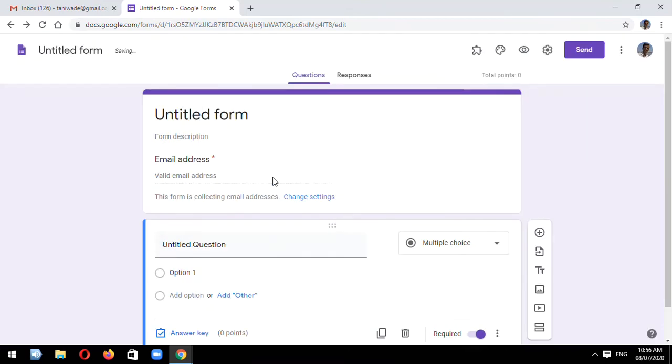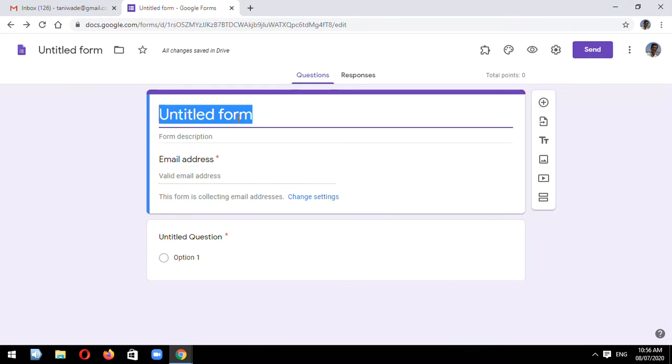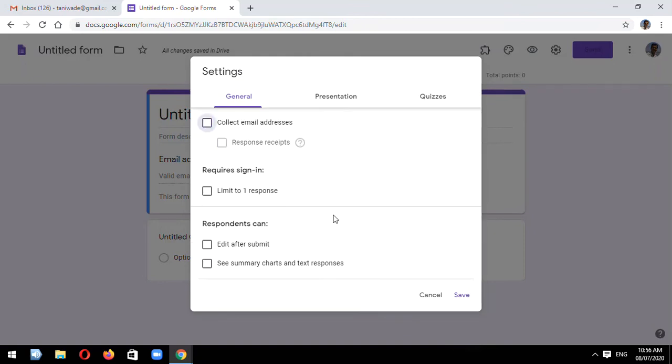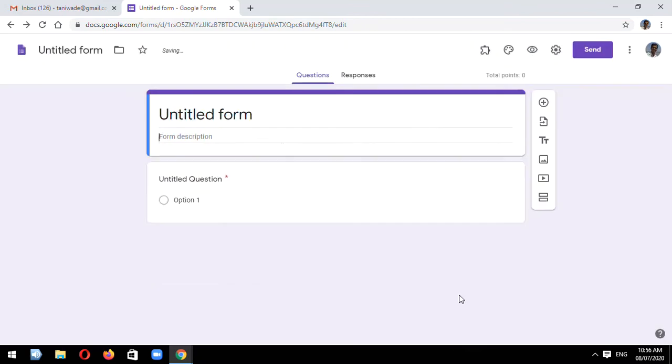After that you have to give the form a name, the name of the quiz. If you want to collect email you can keep it, otherwise you can remove it from General, and save it. Okay, now add the questions.